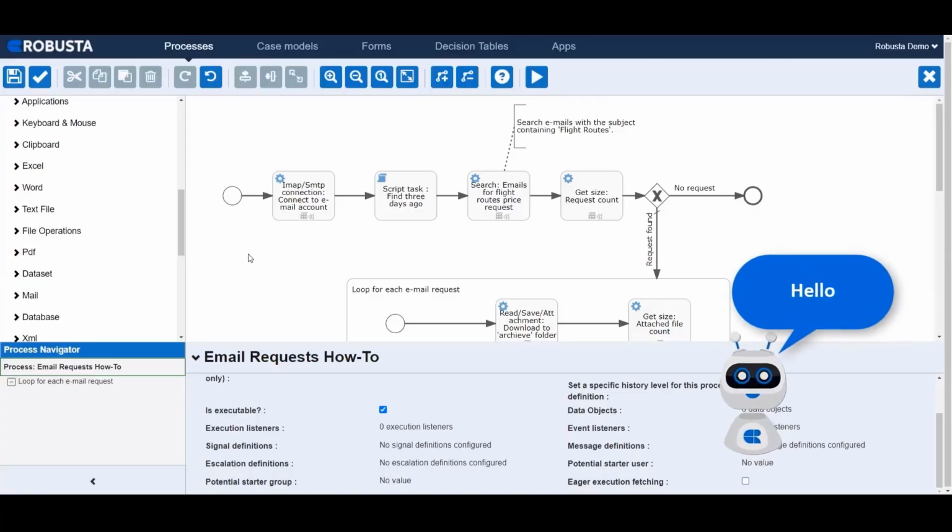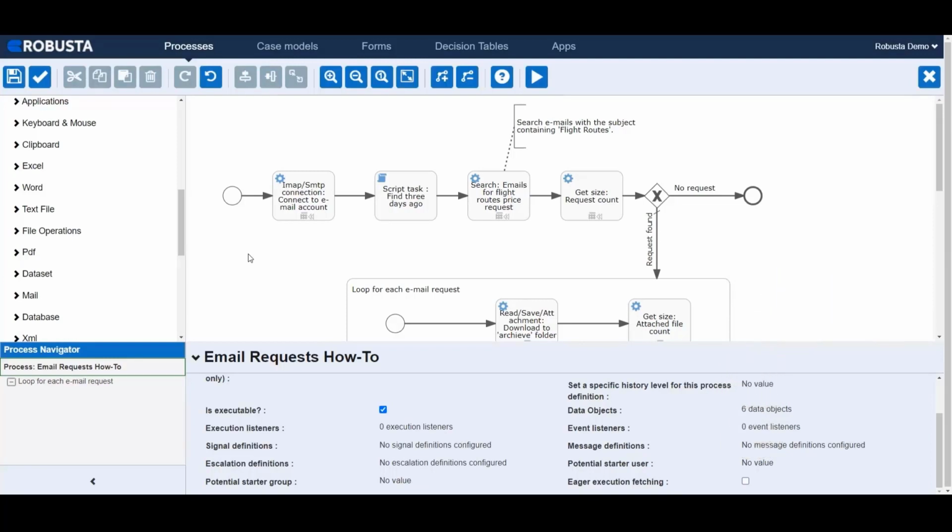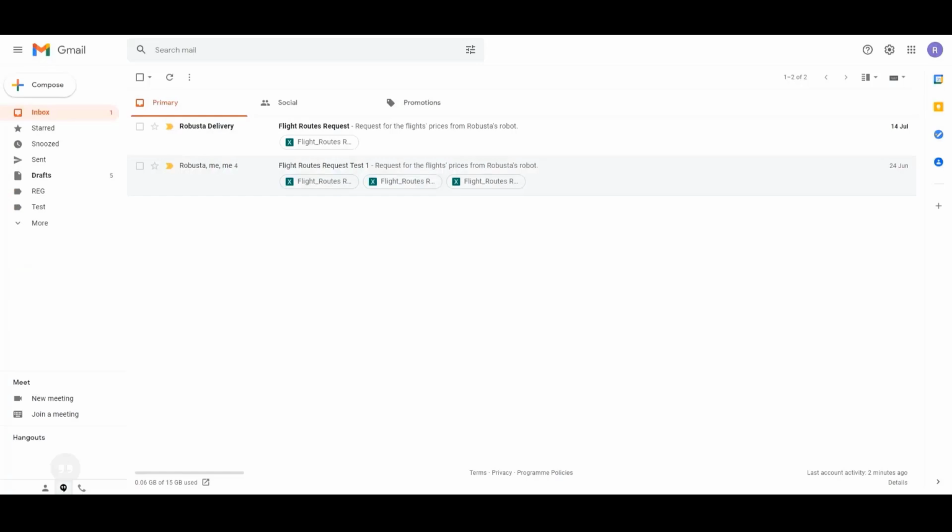Hello there. In this video, we will show you how to design a sample process that includes email operations with Robusta RPA tool step by step. In our process, we will first connect to an email account and search for unread emails with a specific subject and an attached file. In the next step, we will forward each matching email which meets certain condition to another email account. For the emails which do not meet the condition, we will reply to the sender that the request